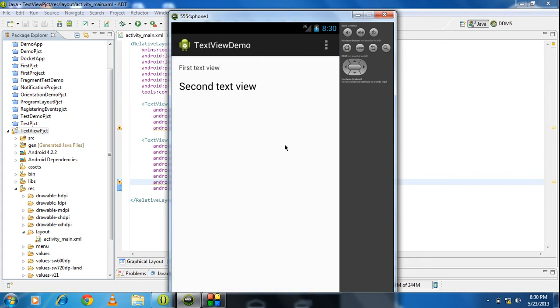Okay, the project is run and the application is launched on the emulator. You can see that there are 2 text views appearing on the emulator.